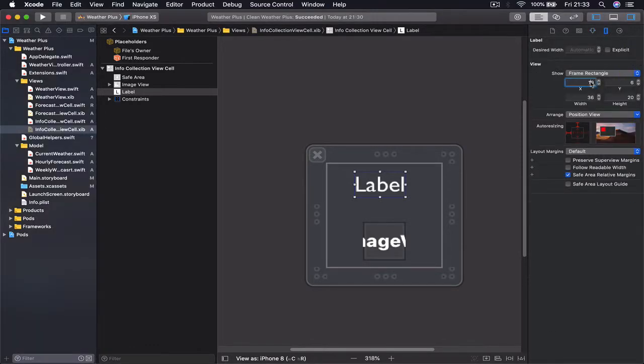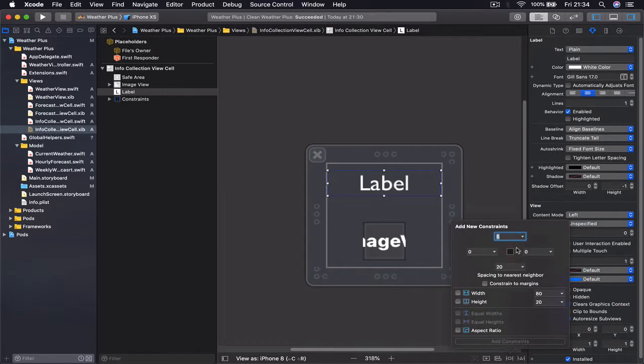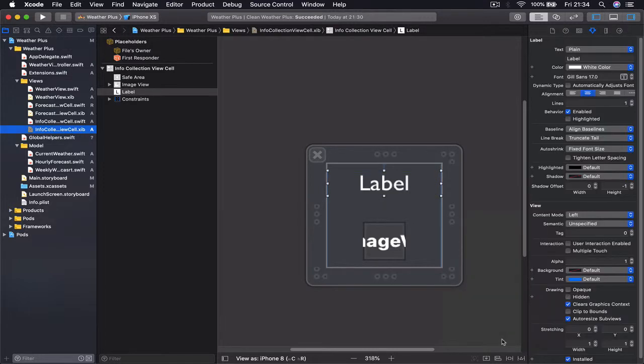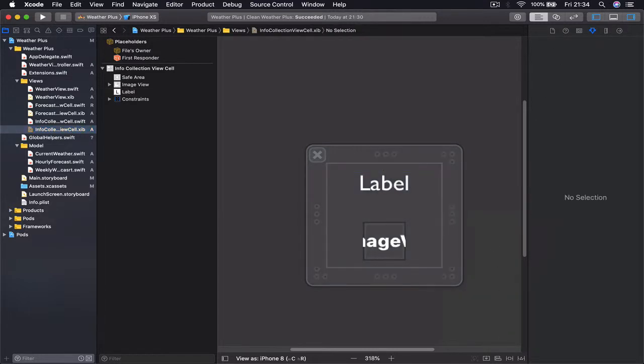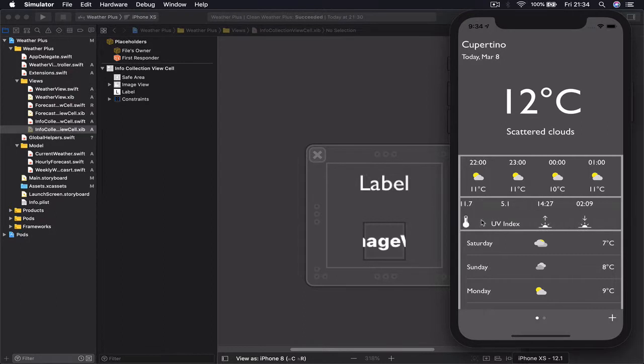This is gonna be 0 X, Y will be 5 points, so we have margin from top. Width is going to be 80 points, so it's stretching all the way. And we are going to set the text to be aligned in the middle. And also let's add our auto layout constraints, so we'll be left and right 0 points and 5 points from the top. Click add,